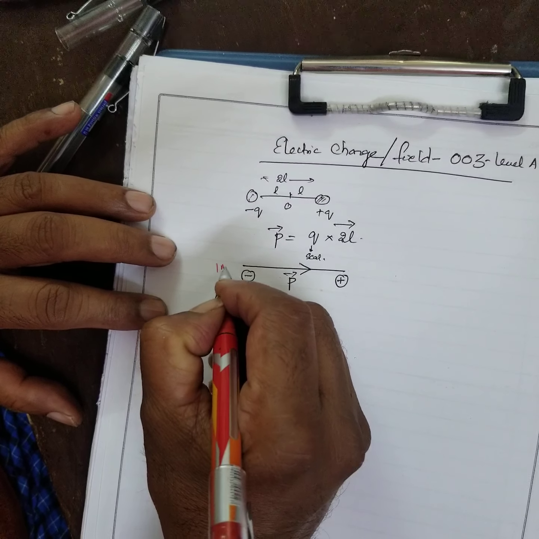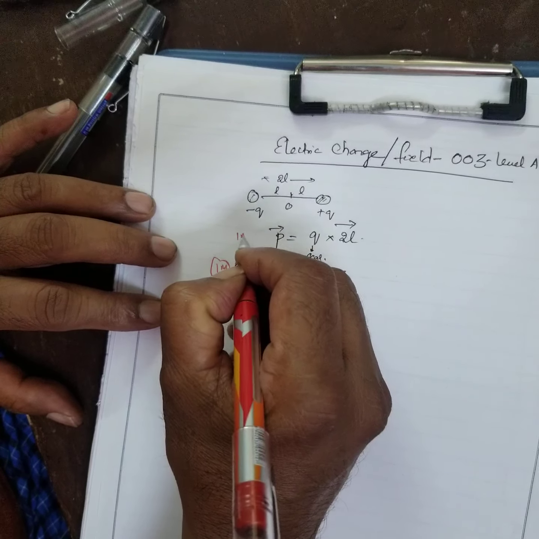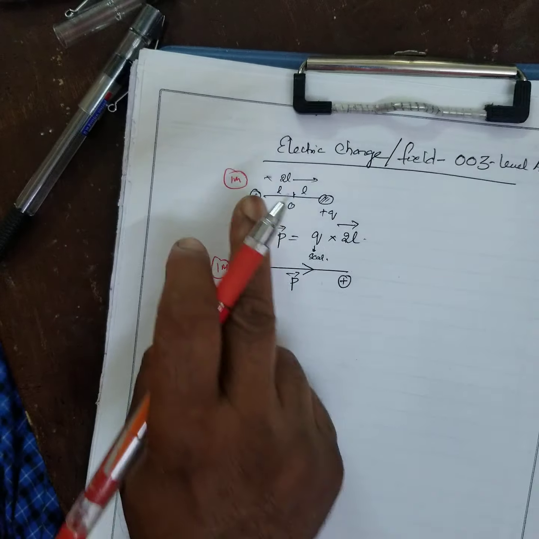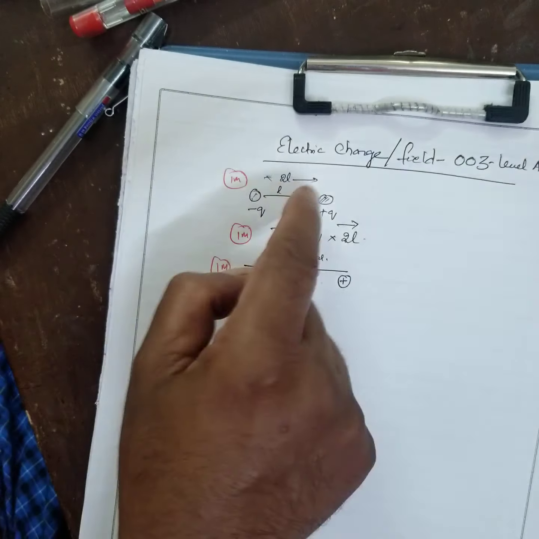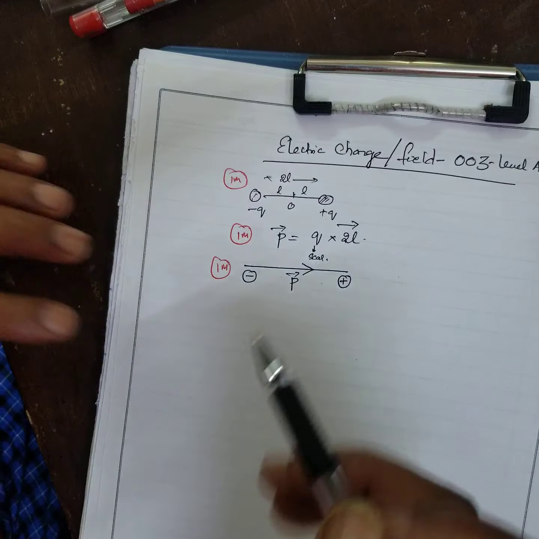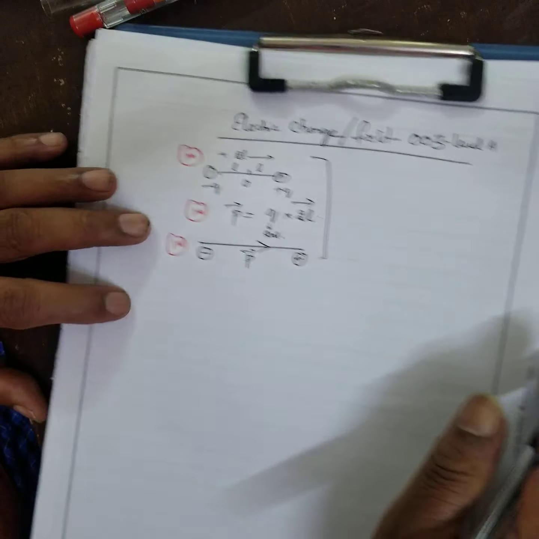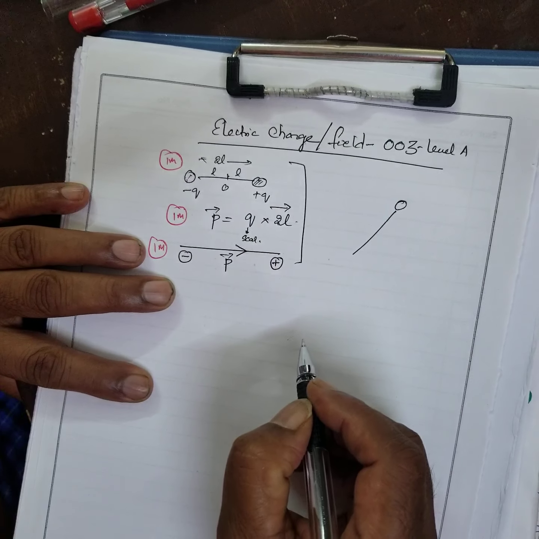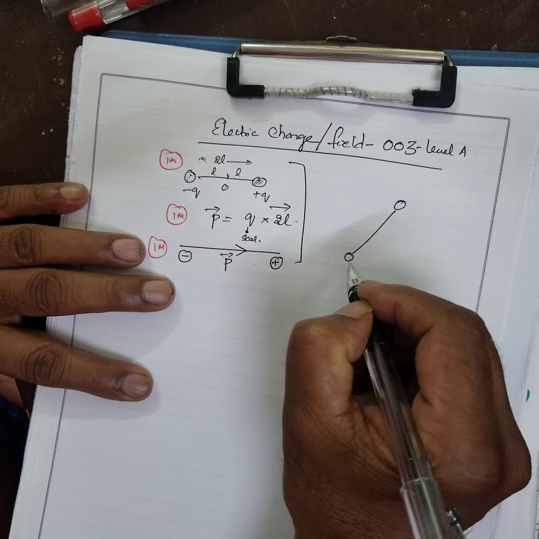This is 1 mark. The definition is 1 mark. What is a dipole? 1 mark. A dipole is two positive and negative charges separated by a certain small distance d. And also, a short review of what we have done. This is another 5 mark question I have done. Last time I am revising it.